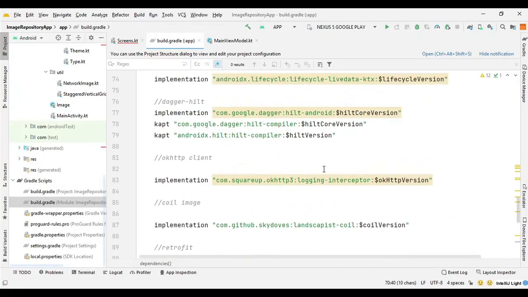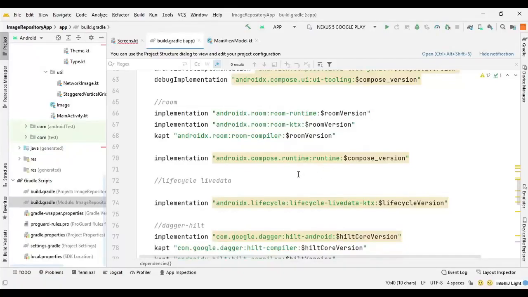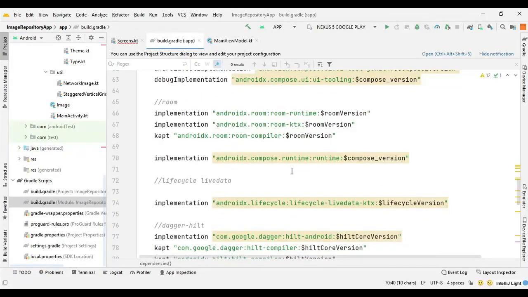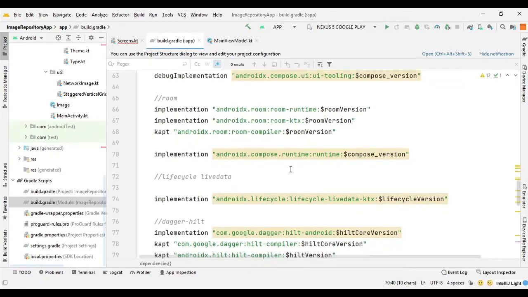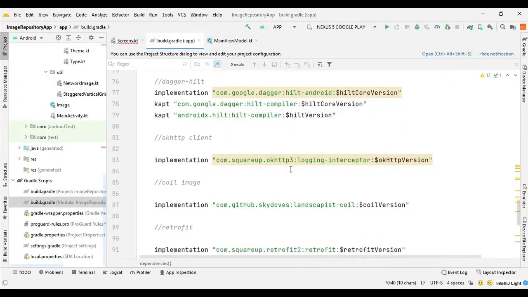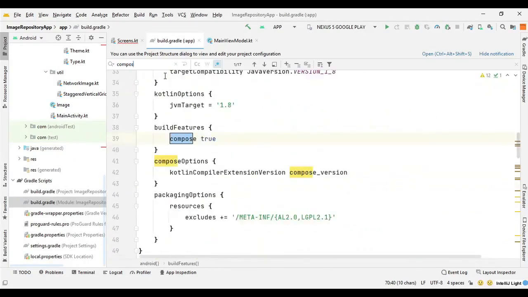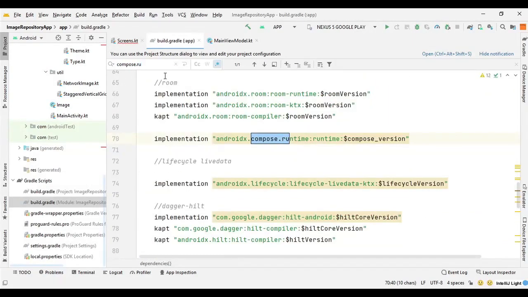So let's create it. I think we should put it with runtime, compose.runtime. I think I should put it here.